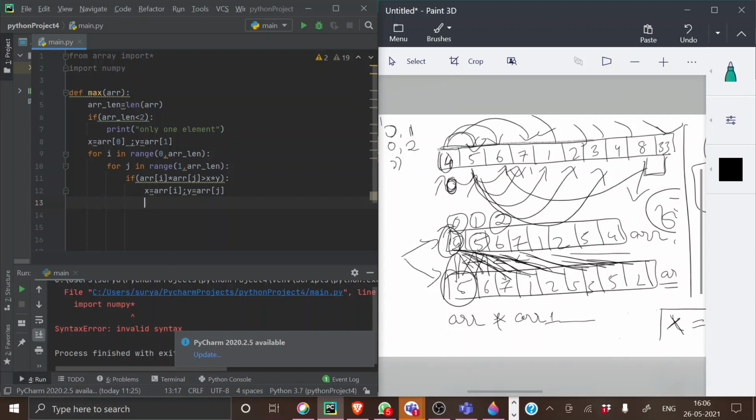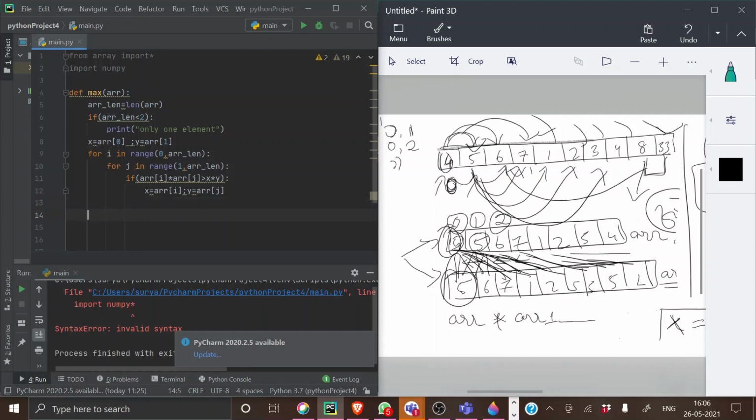So this will make sure that at this point, x and y hold the highest value up to the process it has done. Going to this loop again, if it finds another value which is more than this multiplication, it will again store the values of i and j in x and y. So that is why we are using this particular loop in this problem. This point is very important, and if you understand it, it will be very simple.